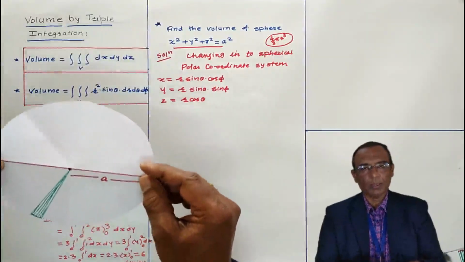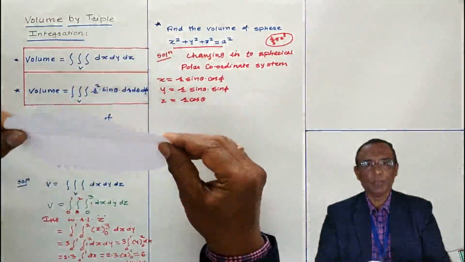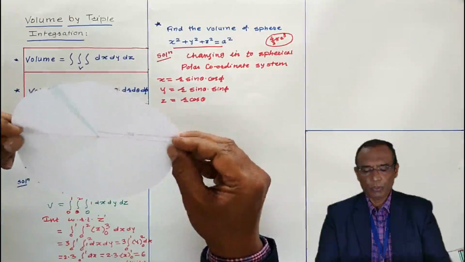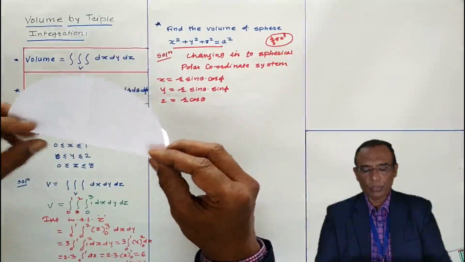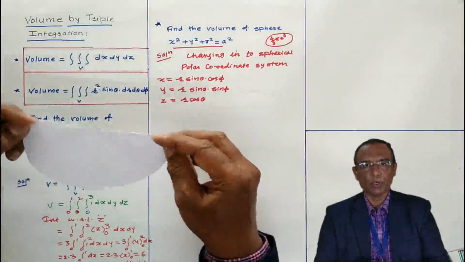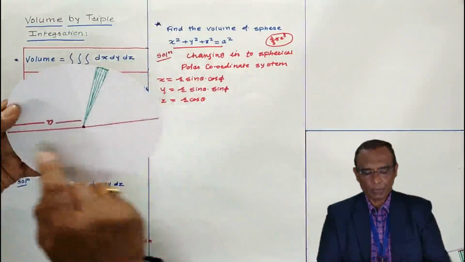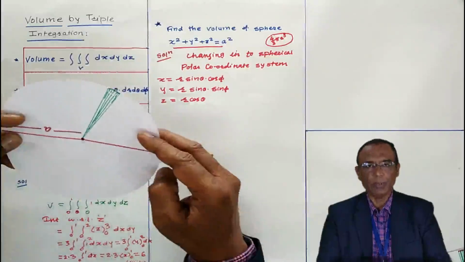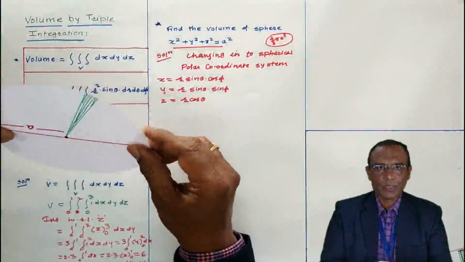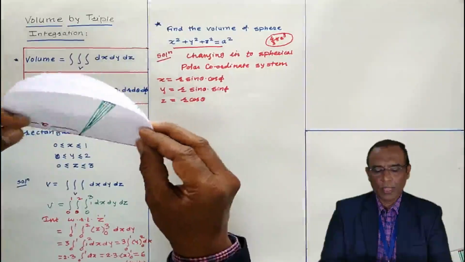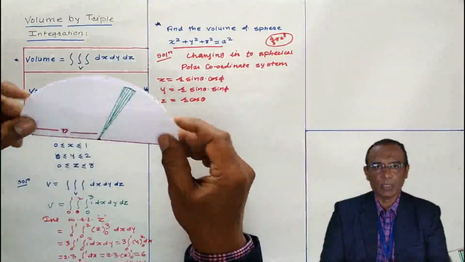And in order to cover the entire region of the sphere, what do I have to do? I have to move this plane in this way. But instead of moving this whole circular plane, I am going to move the semicircle. Why am I doing so? Because the volume covered by this semicircle and the volume covered by the lower semicircle may intersect, and it may cause the danger of discontinuity, and that discontinuity is not allowed in integration. Therefore, I am going to consider this much part of the plane and move it in this way so as to cover the region of integration.